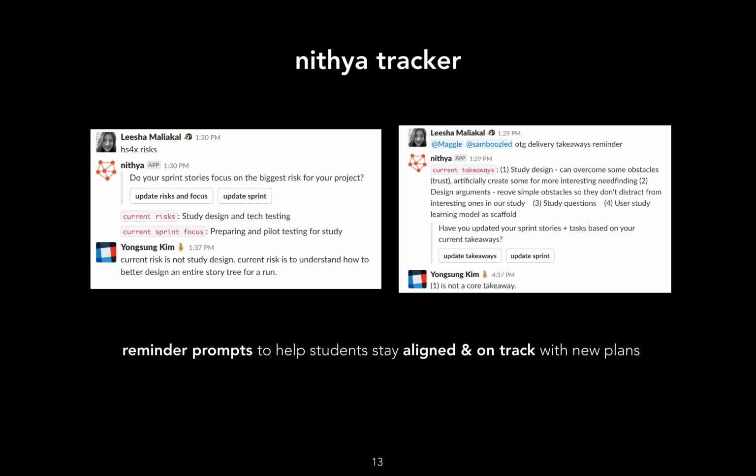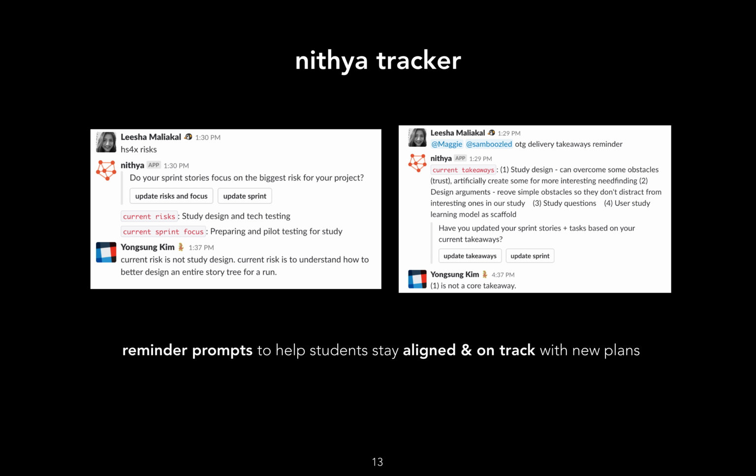And then there's a second part of the tool where, after SIG meeting and throughout the week, I made a little bot that would take information from those spreadsheets and send out reminders to students on their projects, as prompts to really help them stay aligned and on track with the plans that they had committed to. So assuming that they were aligned in the takeaways with the mentor, because they both wrote them down together in SIG meeting, could a bot help remind them to incorporate those takeaways into their plans if they haven't already, and surface that in a project channel where both the mentor and the students are present.